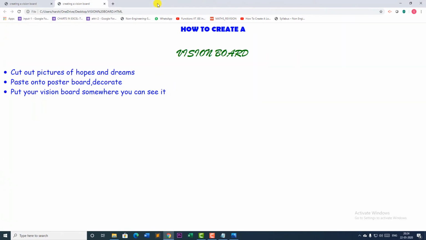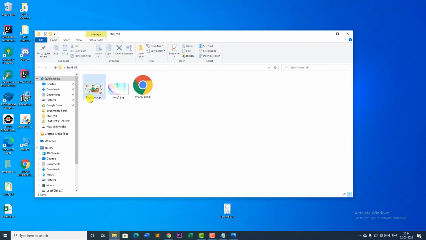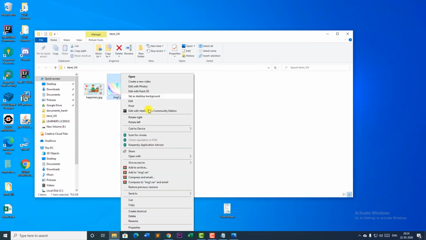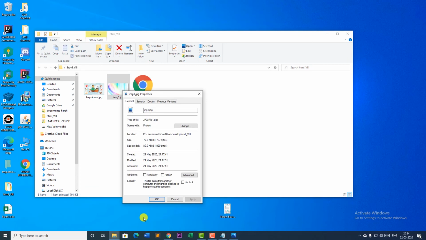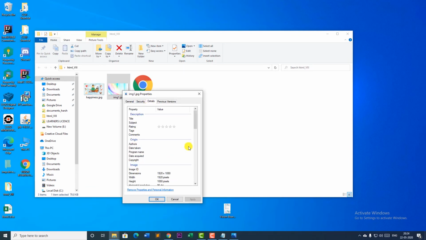Now coming back to the image that I had chosen. Now children, this is the image that I wanted for my background. Now let me see the file size of that image. I'll right click this image, go to the properties. From here also I can see the file size. Here go to details, and in details you can see the dimension of the image. It is 1920 into 1080. It means it's a perfect match for my screen. So that is why I have chosen this image.